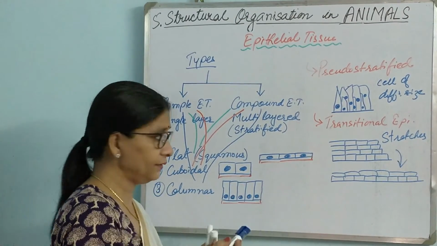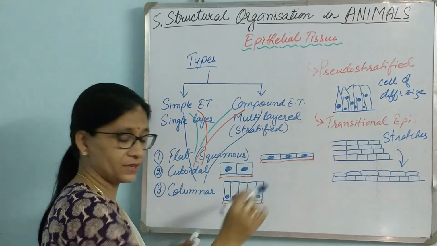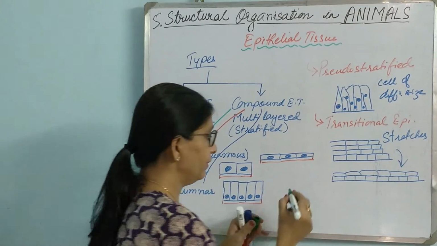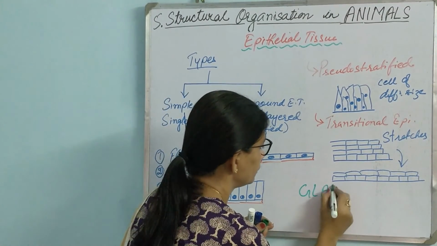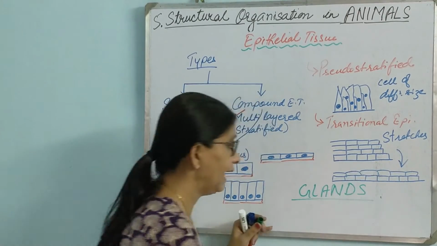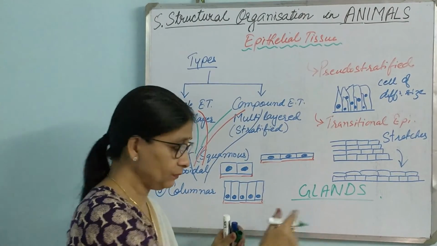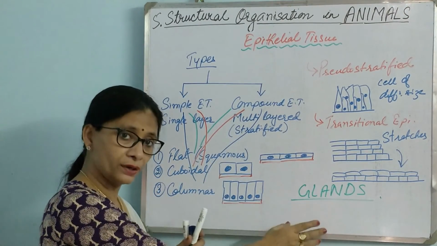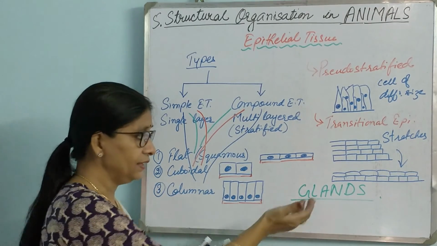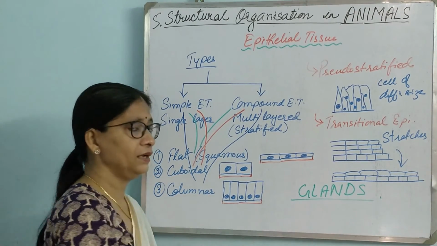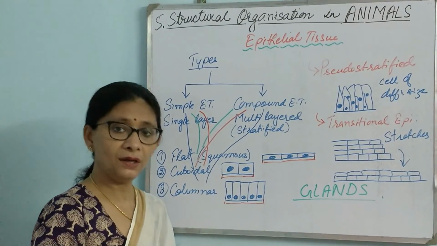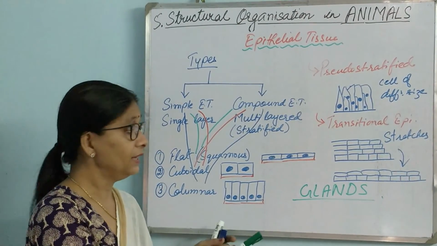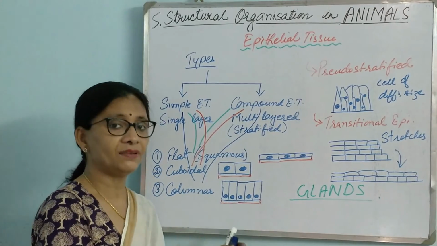On top of these types, we have these types of epithelium. Then one last category of epithelium, very important: they are glands. They are secretory epithelium. They lie among these epithelium only, but in a particular organ where glandular secretion is required, these glands are present. Mostly all the glands are epithelial tissues. They secrete different kinds of hormones, or they secrete enzymes, they secrete mucus, they secrete various kinds of substances that